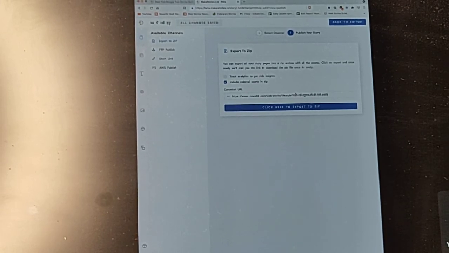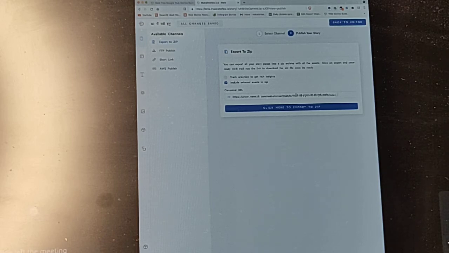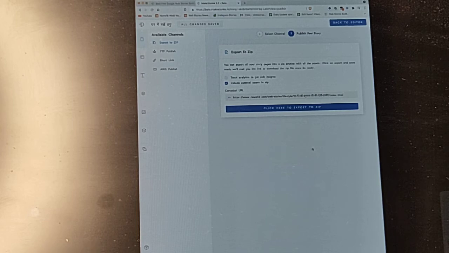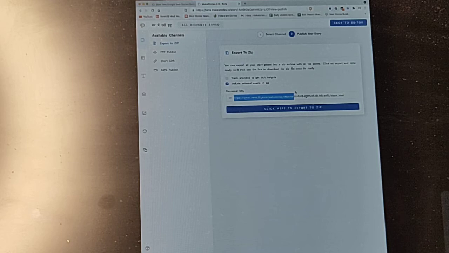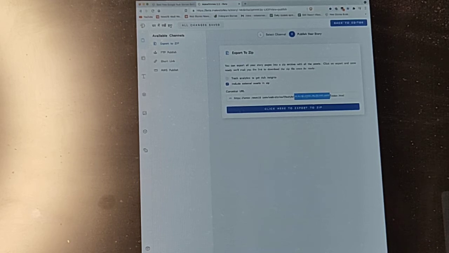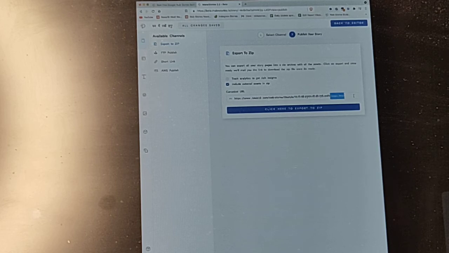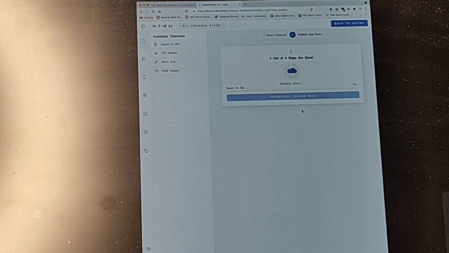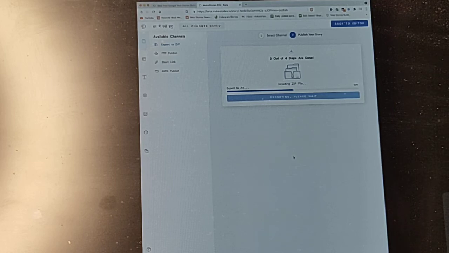And after the story name, slash index.html. This will be the process of creating the canonical URL. Then click to export. It will take 10-15 seconds and then it will show you the option to download the zip file.